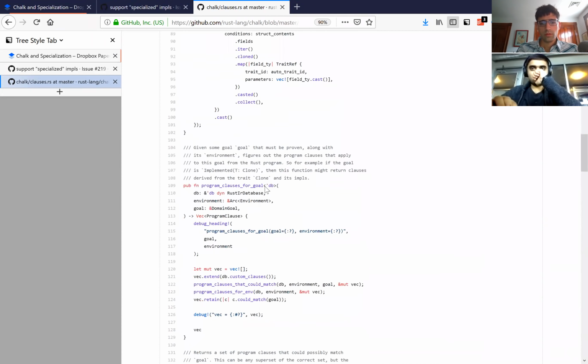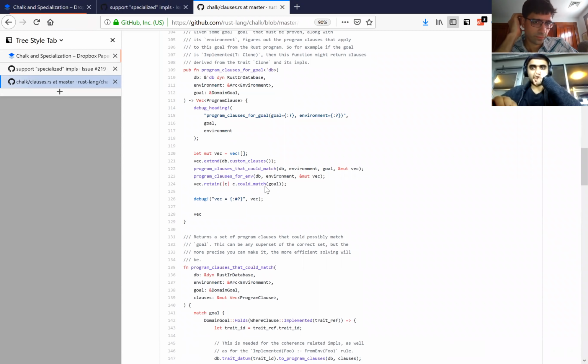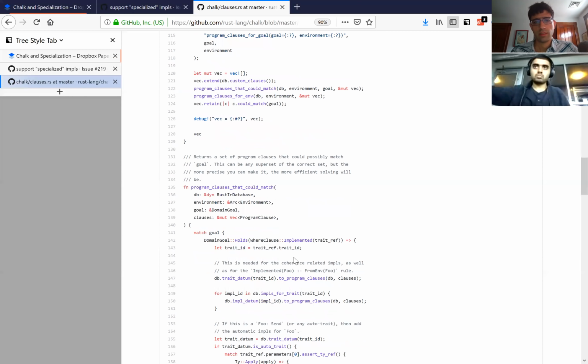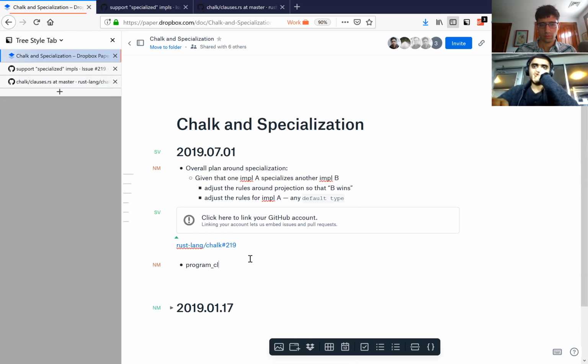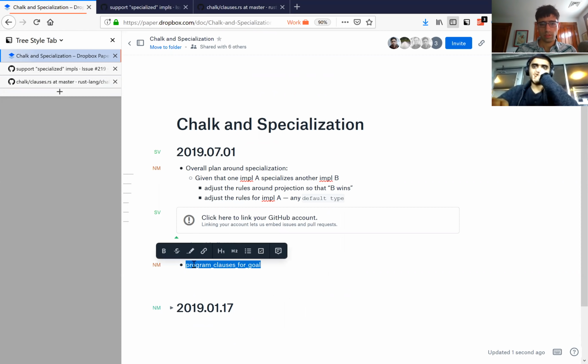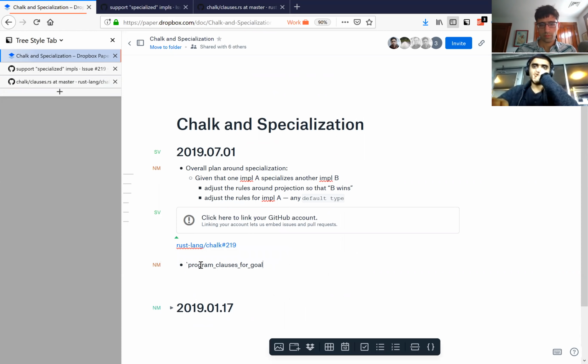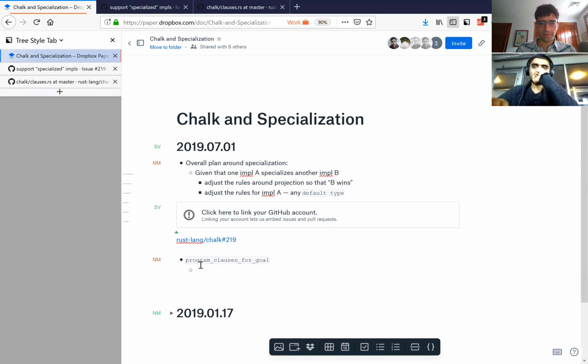Right. So this is really a place where ideally I think I'd like to do some caching, but this interacts with the rust.ir database. So the tricky part is here, this code, so we have this function, program clauses for goal. And that's going to have to, what we want to do is generate,